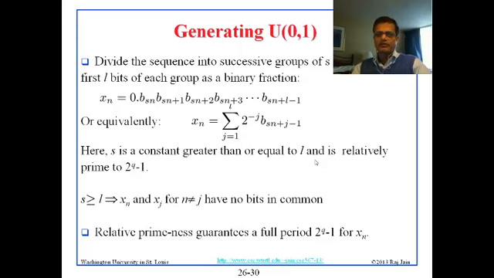S is the number of bits that you have selected. L is the number of bits you use, and what you do is you divide into S bits and use only the first L bits. So you don't just take L bits. L could be 30 or 32, like we said, but you take a little bit more bits, so that way you are skipping some bits on the way,